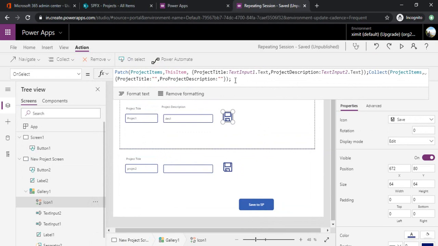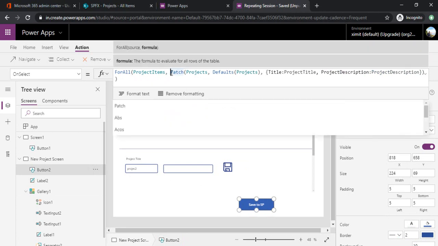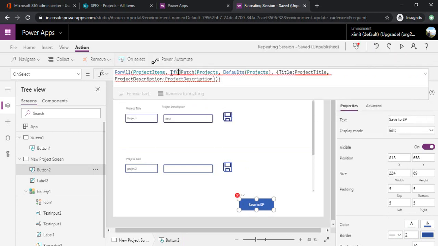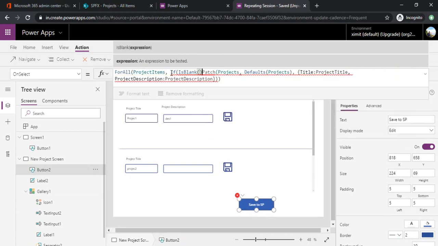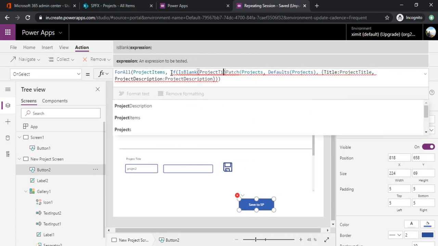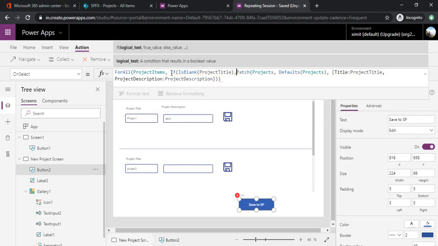So to restrain saving the empty data, in the save to SP button where we were doing the ForAll projects, we need to add one condition like IsBlank, and we can check with the field project title, comma.